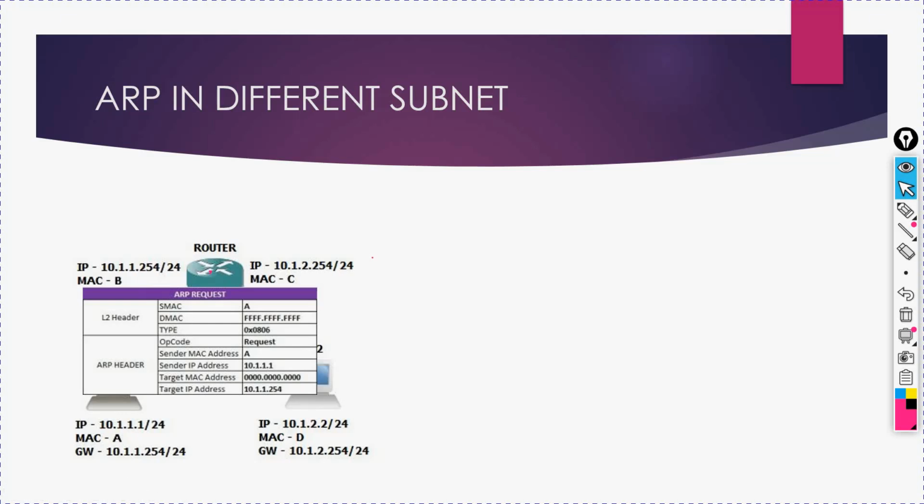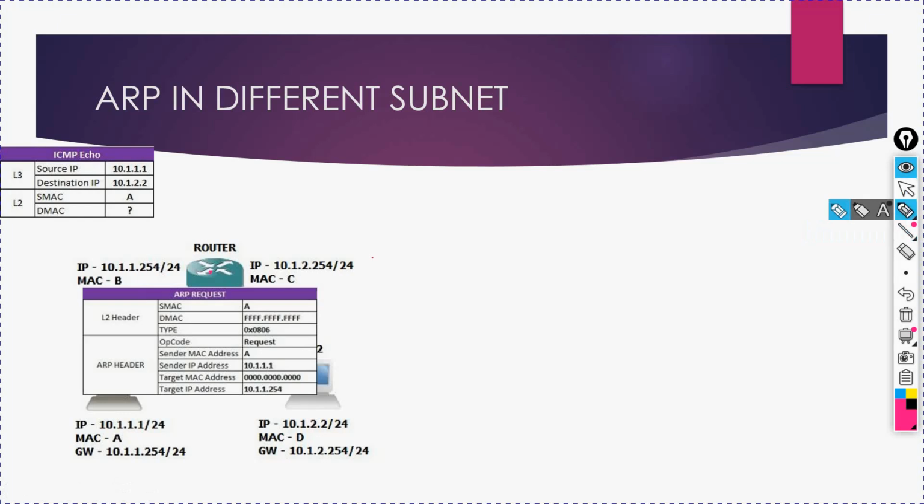So in this case again, I am pinging from PC1 to PC2, where my source IP is PC1's IP and the destination IP is PC2's IP, but I don't have any MAC address for that. So if I don't have any MAC address, what you will do is generate an ARP request. But before the ARP request there is one very important thing, that is the AND operation,